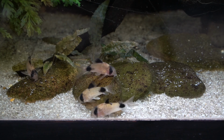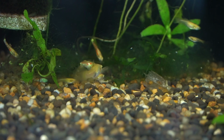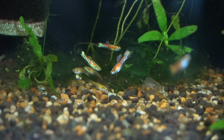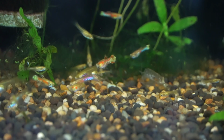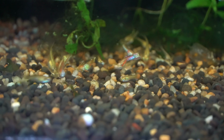Next, we're going to be looking into my 75-gallon guppy tank. Now, historically, I don't work with a lot of livebearers, and that's because my water is pretty dilute and soft, and I find that most livebearers really do better with a bit of hardness to the water. Now, I could certainly adjust this in order to work with them, but